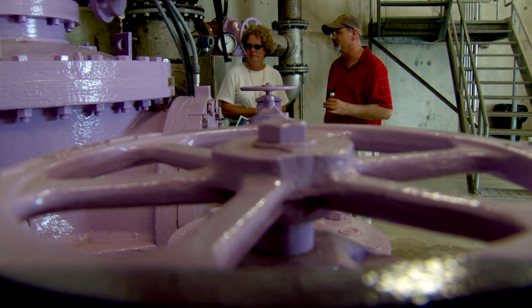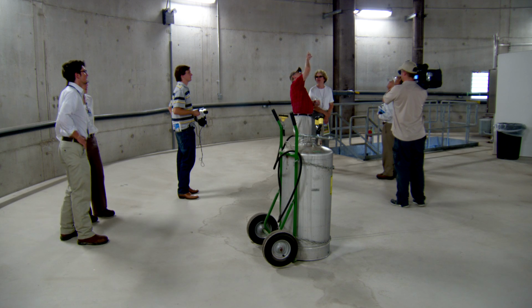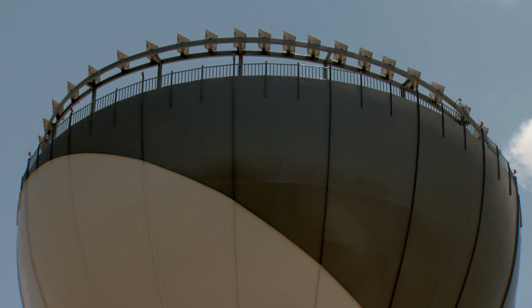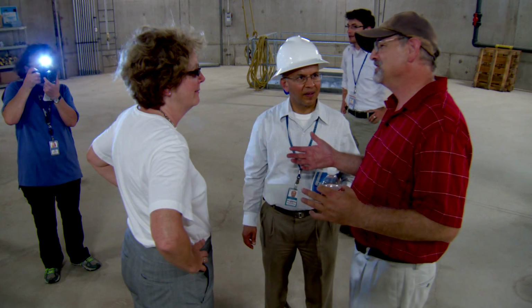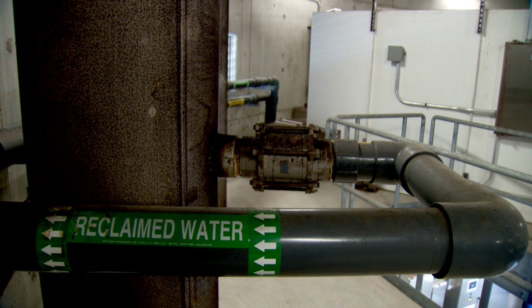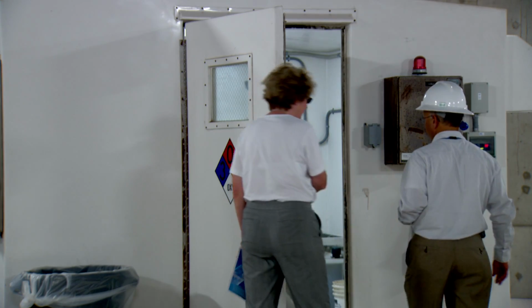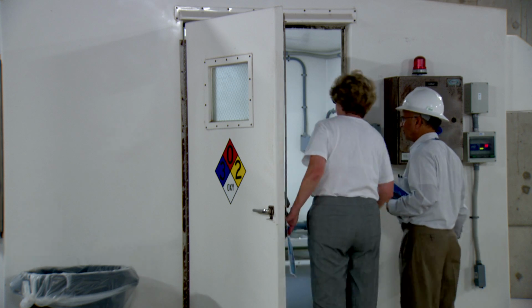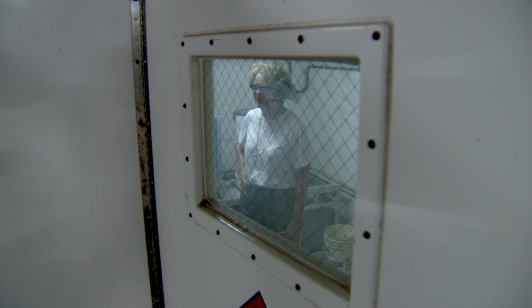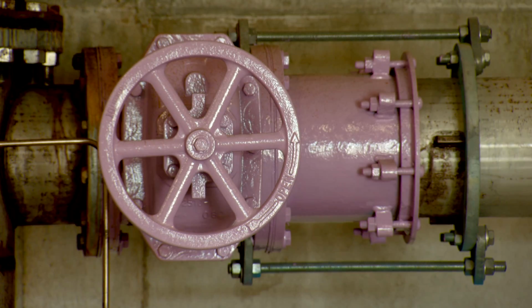The tower holds 2 million gallons of reclaimed water and features 48 solar panels for the roof of the tower. It also has a rainwater harvesting system integrated into its design. Austin Water Utility is setting new standards in water conservation by building a comprehensive reclaimed water program that provides 1.5 billion gallons per year of reclaimed water. Future plans call for increasing that amount significantly to 8.3 billion gallons annually, which will in turn reduce demand on